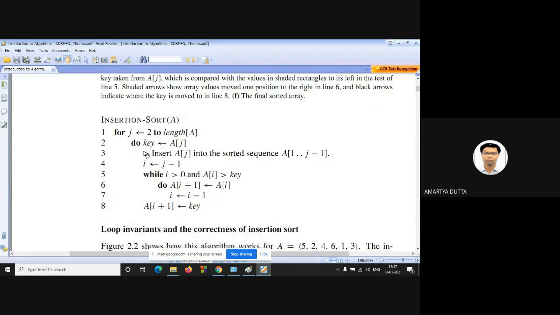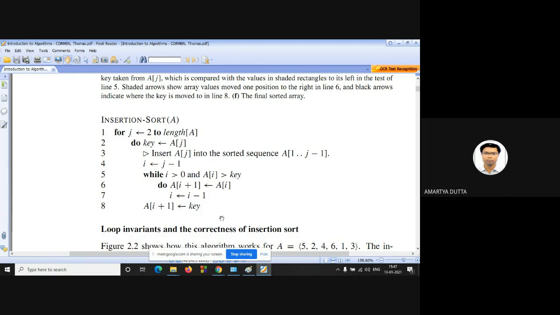This is the algorithm. Total 8 lines, actually 7 lines will be there. j runs from 2 to A.length. This is the old edition book; in the new edition book it is written as A.length.